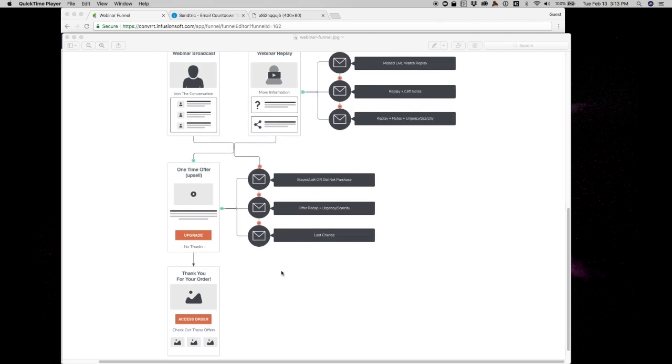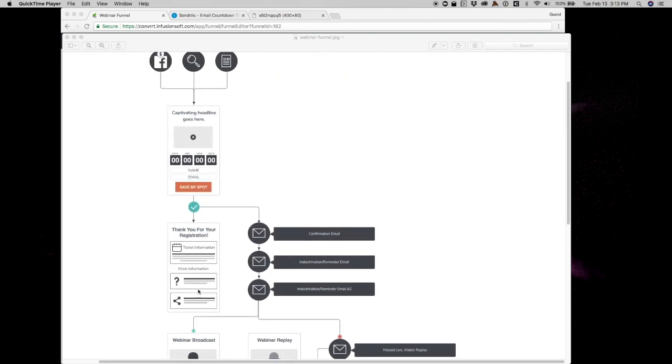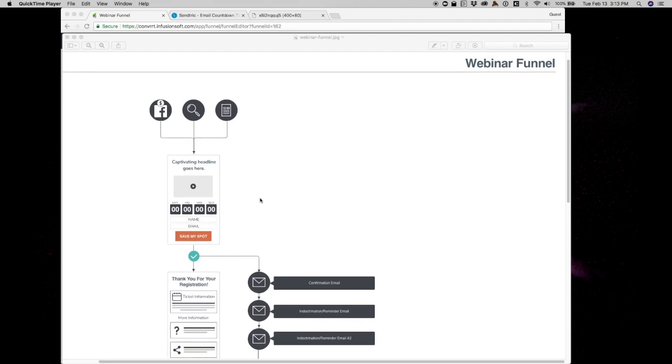Again, running some sort of a drip, and then eventually taking them over to the order form where I can complete the process. So this is what I want to show in this video: how you can create that little reveal thing where it only plays the video on the screen, and then you can make this reveal after a while. I'll show you the trick and the code that I'm using to make that happen in the new Infusionsoft landing page builder, and hopefully this is somewhat